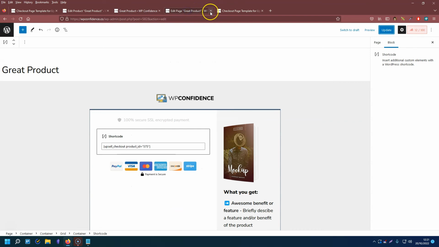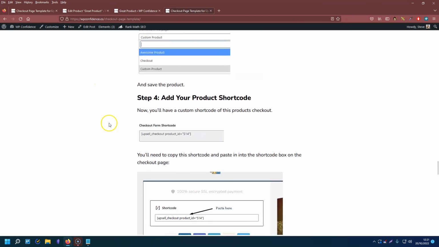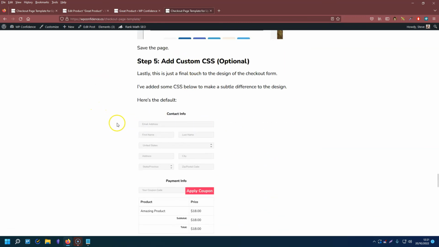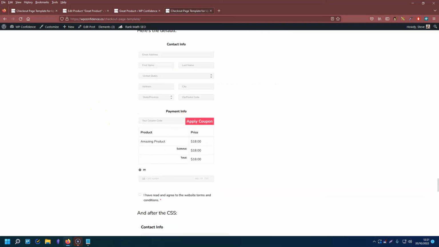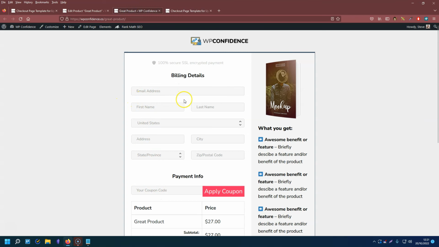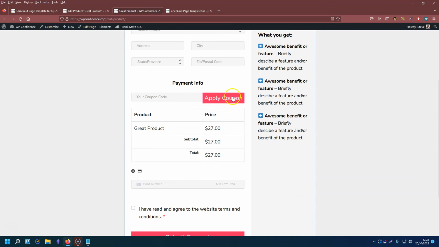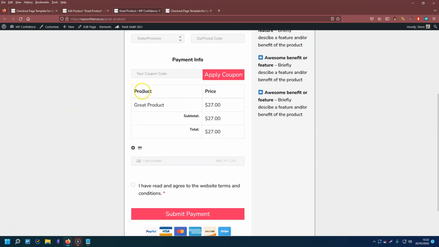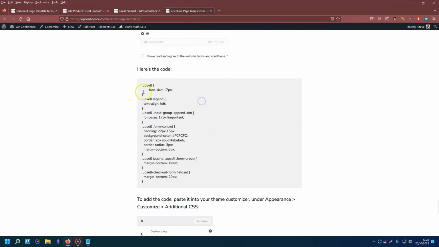And the last step is to add this custom CSS, and the CSS basically just readjusts a few of the things. Like I think that the spacing between all of this is quite a lot of space, so it just tightens things up a bit, and it also changes the color of the background, and it gives it a slightly thicker border with a different border color, and it also makes the coupon button smaller because it's a bit too big here, and I just make the text on the page a bit smaller as well. So all you need to do is come back to this article and copy this code,